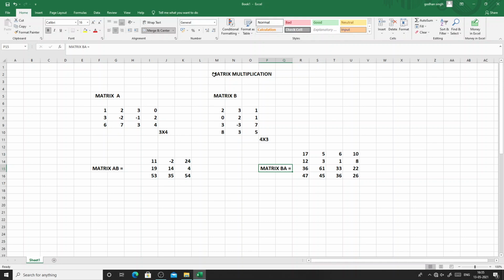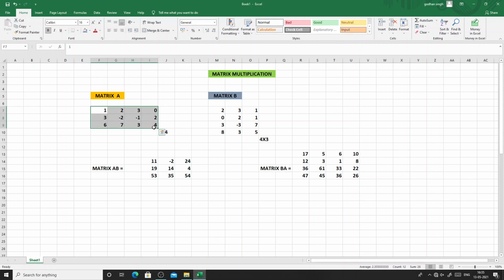Now let us color them in different colors, so it will be looking very attractive. So click on this one, select the box where we have written matrix multiplication, and then go to these colors. So here we can do any color. Suppose let me color this light green. So this is matrix multiplication. Then matrix A, that also will color, an orange color. Matrix B, that also we are going to color. So this color we have put up.